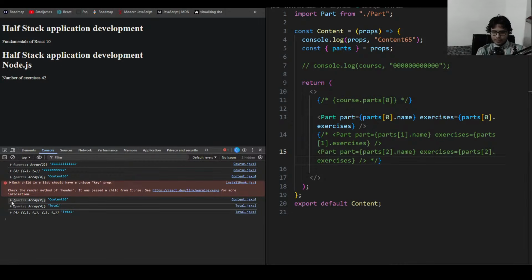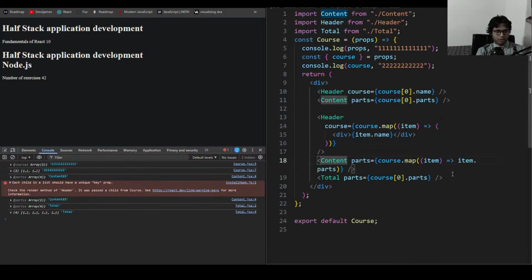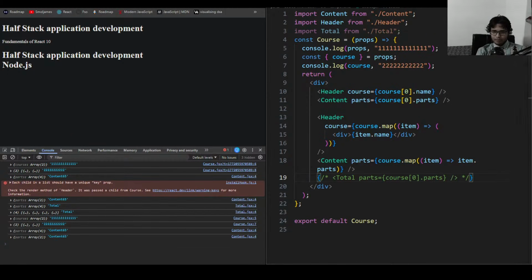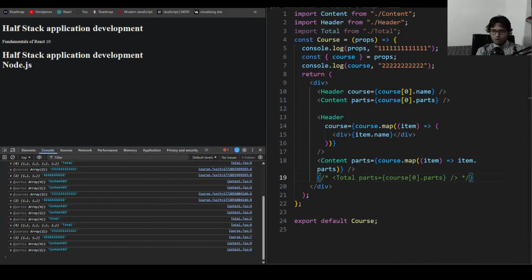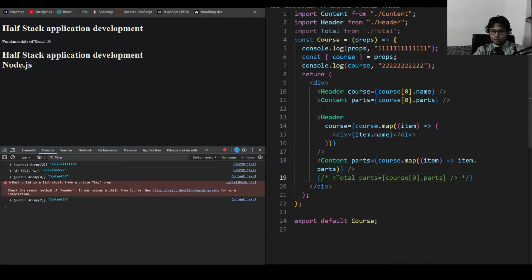This content 65. Content 65. I get an array. Content not needed yet. Not needed, okay. Content not needed. That's giving me 2 arrays. Array of